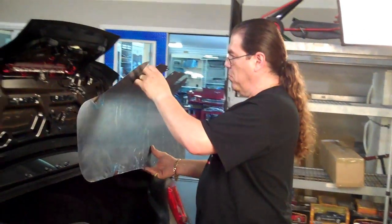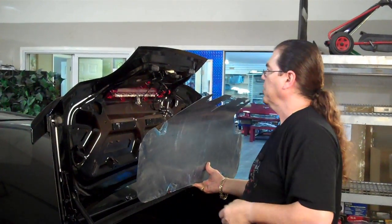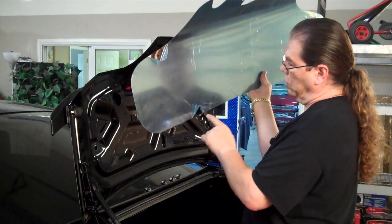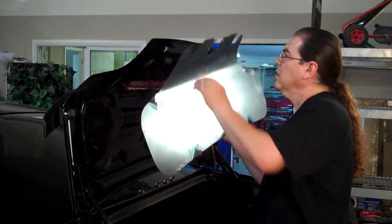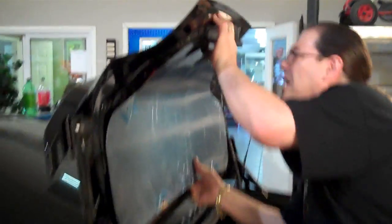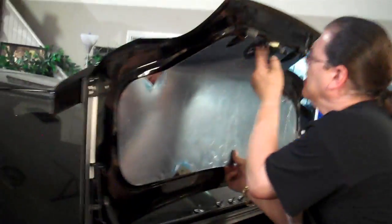Now that we've got our panels formed up, got a pretty good shape, and you can be confident that our final installation is going to go in nice and smooth, you can just go ahead and get ready to set it in. First thing you want to do is open up these mounting holes so that you don't have to fight with the plastic a little later. You want to leave that on, make sure you don't get any fingerprints on the panel during the installation. You're going to tuck this up and find those two bolt studs that we opened up earlier. You're going to just temporarily thumb these on,